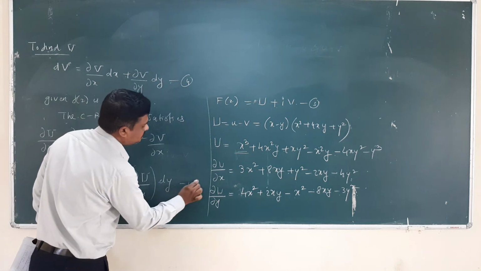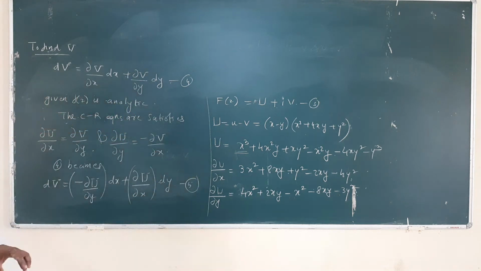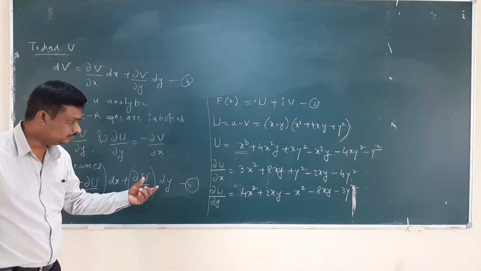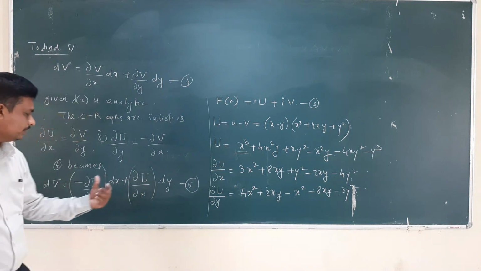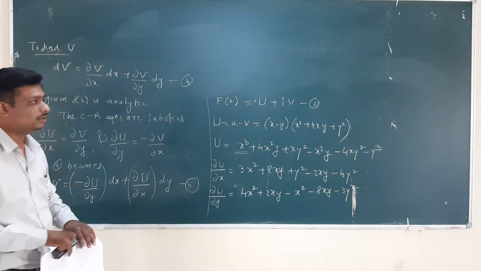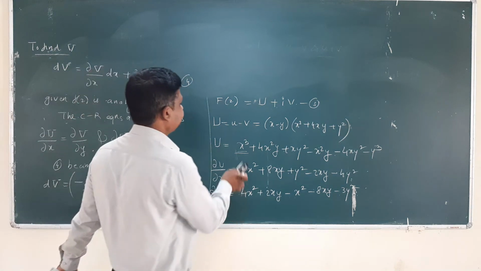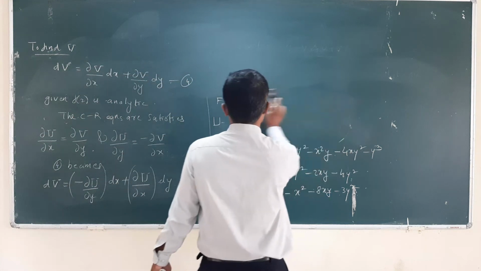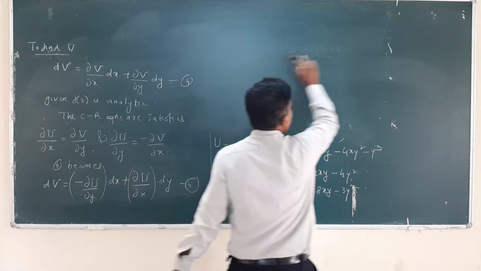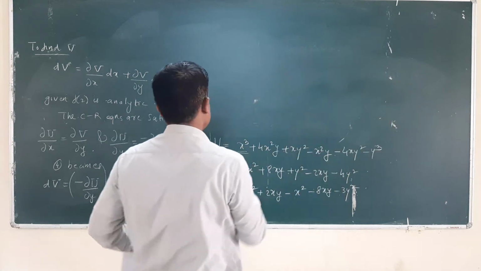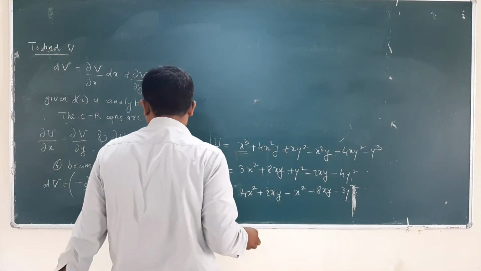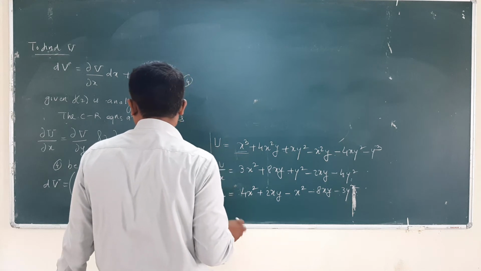So I take this one as equation number 5. Now I will replace the values of ∂u/∂x and ∂u/∂y in equation number 5. So therefore equation number 5 becomes